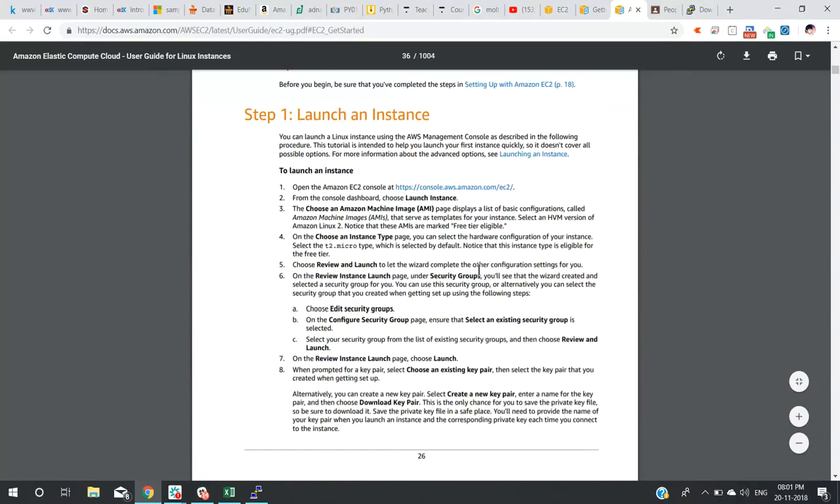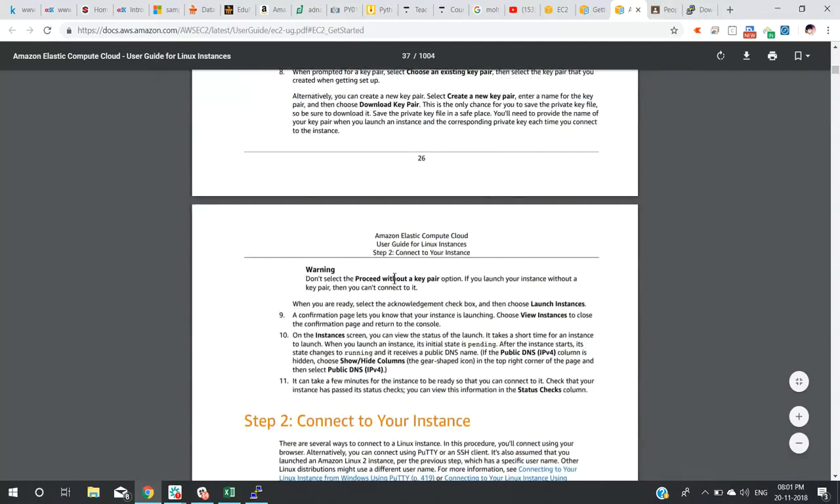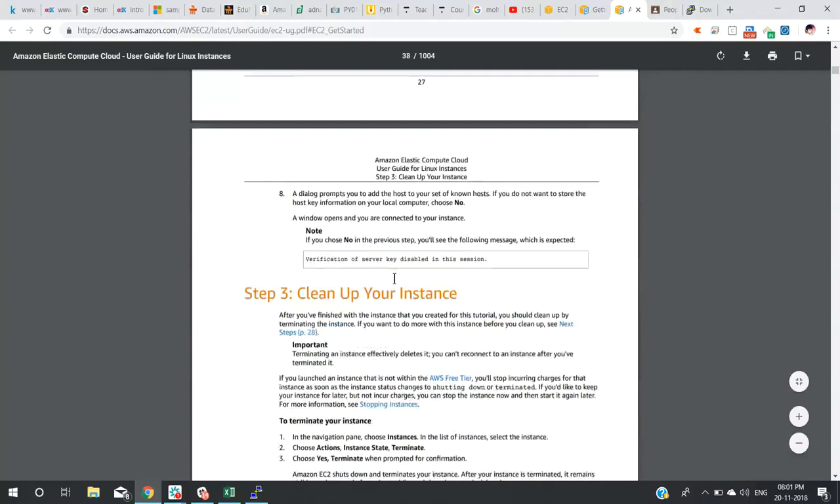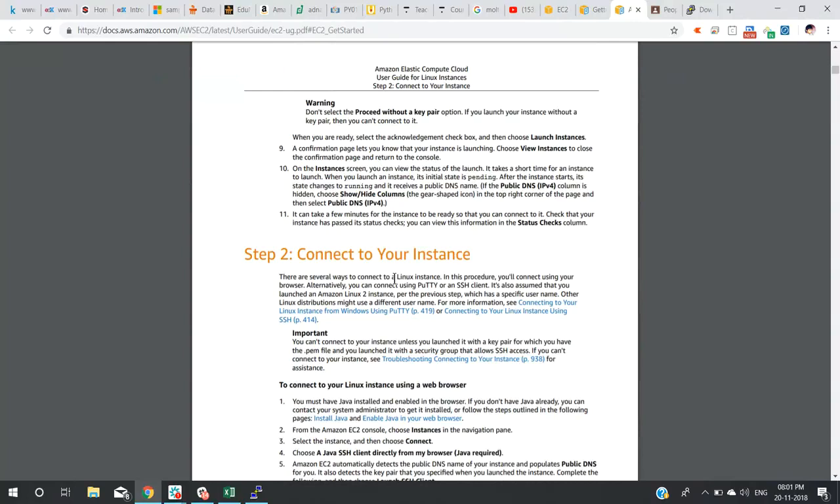Right, if you see here, step 1 what to do, step 2 what to do, step 3, step 4, right? Everything that I'm doing here is documented as per these steps. You just have to follow the steps, right? So how do you delete those machines? All those instructions are available here,